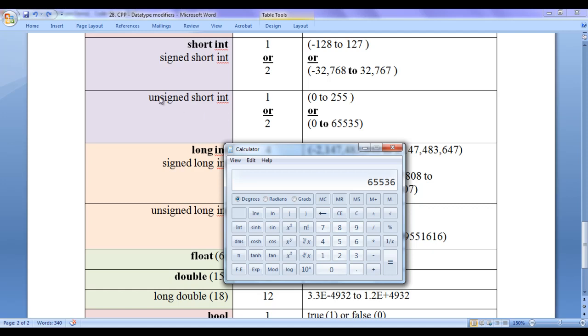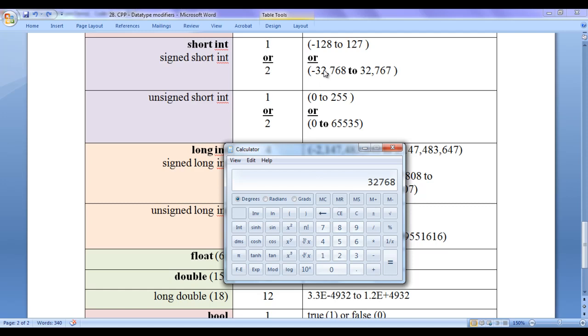guys. Inside unsigned short int, the minimum value possible to store is 0 and the maximum value possible to store inside unsigned short int type memory is 65,535. If you count, it becomes 65,536. If I divide it by 2, it becomes 32,768.